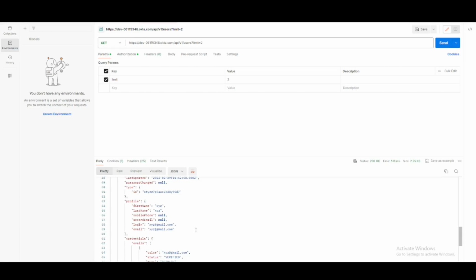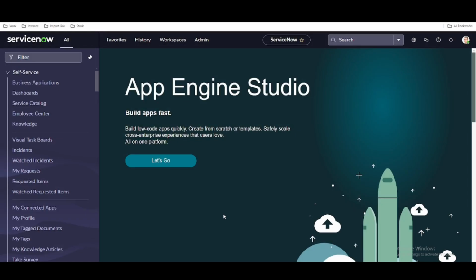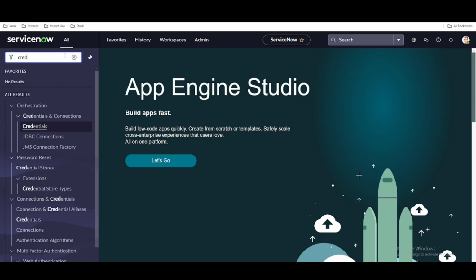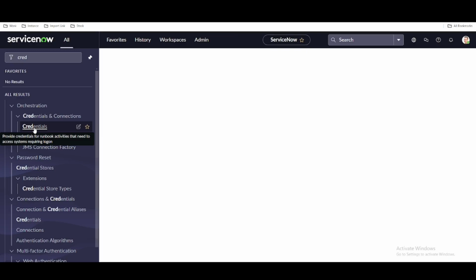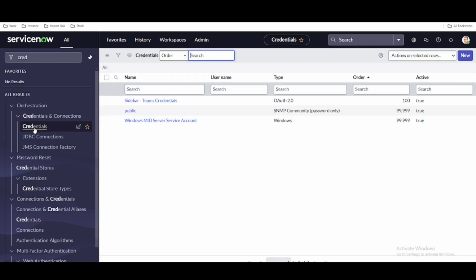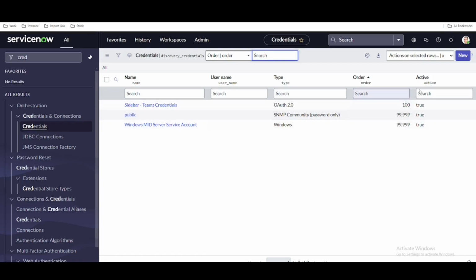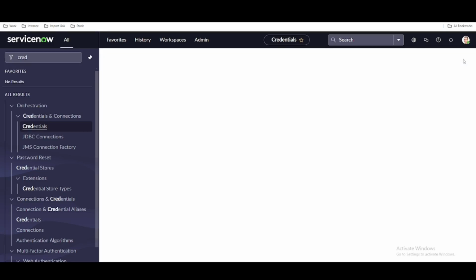Now we are going to set up these details in our ServiceNow. So let's go back to ServiceNow and do that. So this is my ServiceNow instance and I am in the Washington release right now. In this ServiceNow instance, I am going to do the similar integration that we have done here. First we'll go to this Credentials and Connections, and then here we'll see Credentials. Click that. Last time we used connection and credential, but this time I'm going to use the credential only. The reason is that I just want to show you how we can do it both ways. Okay, so you click the New button,